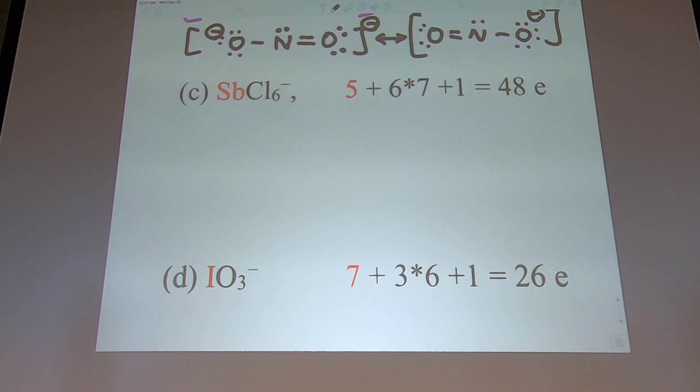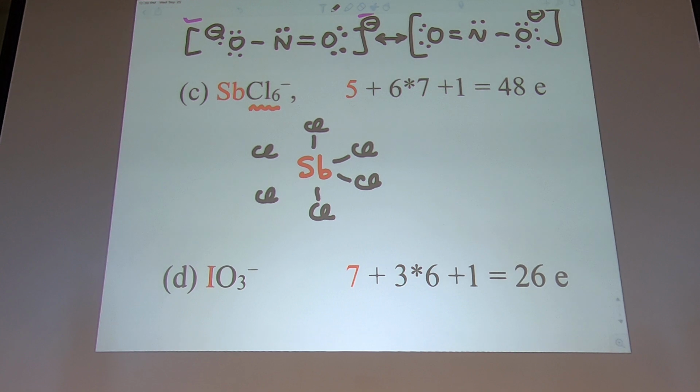You've got a lot going on, but it's not that bad because what you do is, this one always goes to the surrounding, okay? And then you put what I called last class the exotic atom, the one that is kind of singled out. So you put the antimony in the middle, and then you put chlorine surrounding this, right? And now I need to use 2, 3, 4, 5, 6 bonds, so there will be 12 electrons used,